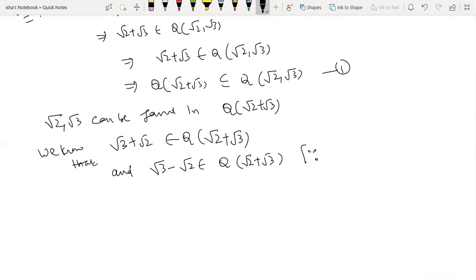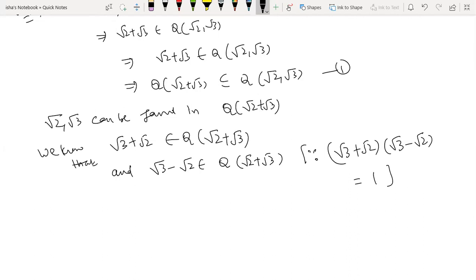This is not additive inverse of this. But there is a relationship between the two. I'm giving you a hint. There is a relationship between these two elements, root 3 plus root 2 and root 3 minus root 2. If you multiply these, what will you get? Identity, right? And both are units. Yes, they are inverses of each other because when you multiply them, you get one, the multiplicative identity, and it's a field. Every non-zero element is definitely going to have its multiplicative inverse.